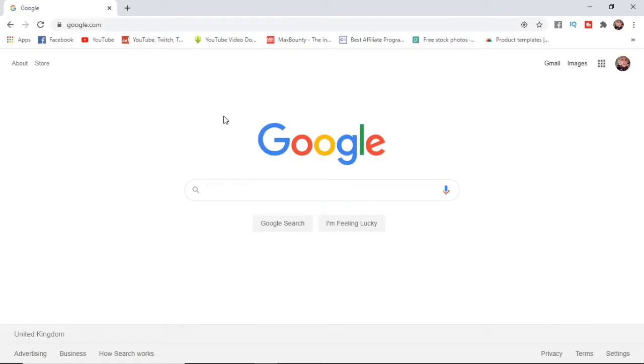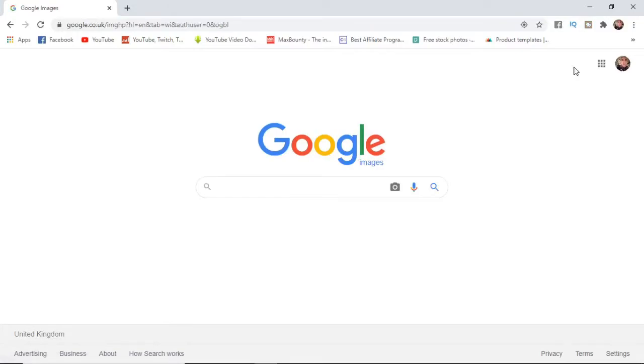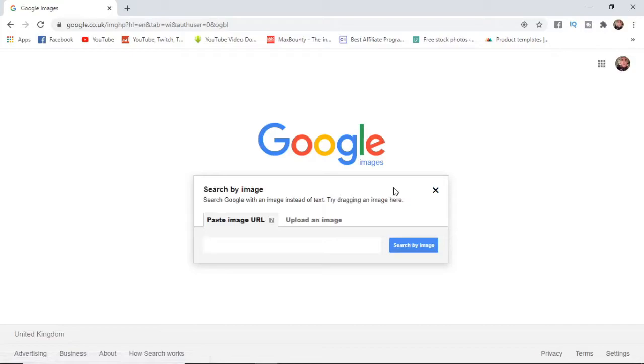So the first thing you want to do is come over to Google, and once you're on Google, go ahead and click on images in the top right corner. And then once you've clicked on images, go ahead and click on the little camera there by the search bar. And then go ahead and either paste in the image URL or upload an image from your library on your